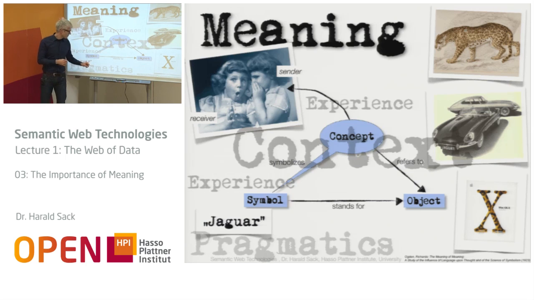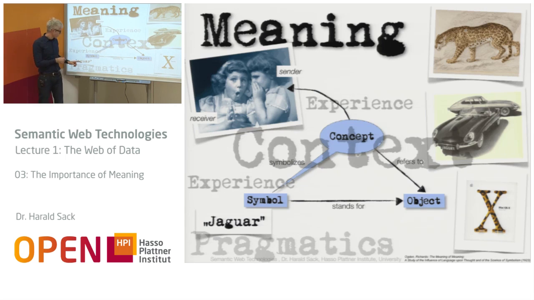So, for example, if I tell you a word, for example, jaguar, this is a symbol. And of course, if I use the word jaguar, this word stands for some object in the real world. But only by using the word, maybe I don't have any idea what I really mean, because this word is ambiguous. It can denote several different things, as in the case of jaguar. You can mean, of course, the big cat. You can mean the car. Or as a computer scientist, maybe you refer to some operating system.